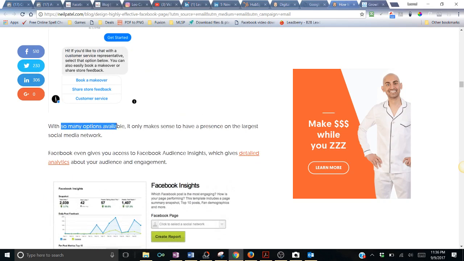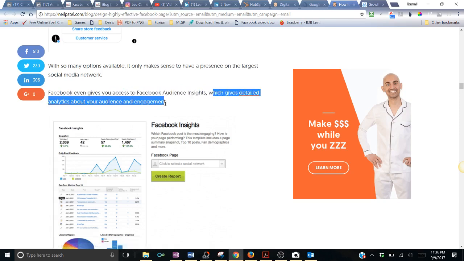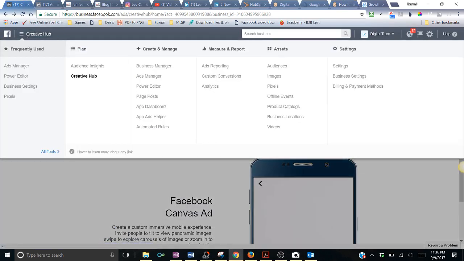Now, with so many options available, it only makes sense to have a presence on the largest social media network, reinforcing the strength of Facebook. Facebook even gives you access to Facebook Audience Insights, which gives you detailed analytics about your audience engagement. And I can show you more about that. But in essence, right now,